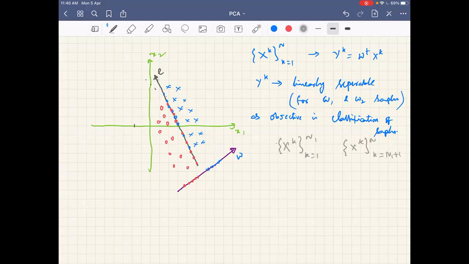Okay, this is roughly equal to, so I am rewriting this, and for simplicity I will also write k equal to 1 to n2. So this and this are not the same. We have n1 samples in class 1, n2 samples in class 2. Let this belong to omega 1 and let this belong to omega 2. Fine. So for developing the method itself, I started from the objective of classification. So I separated the class 1, class 2 samples.